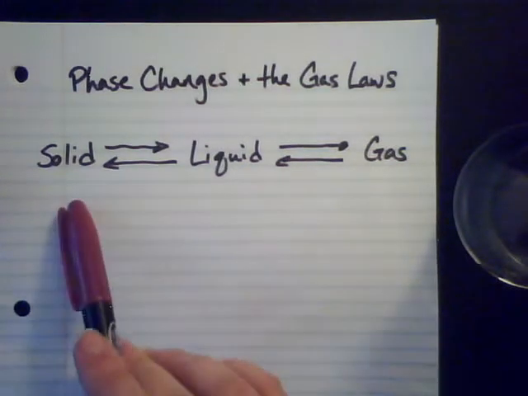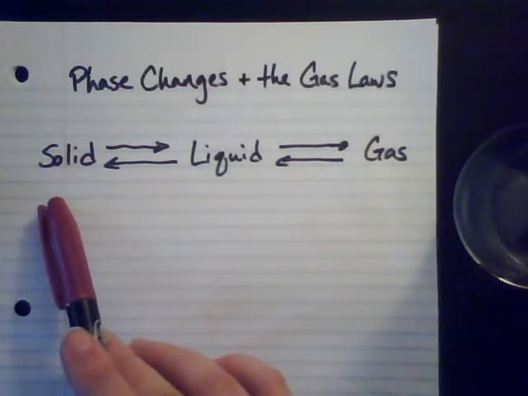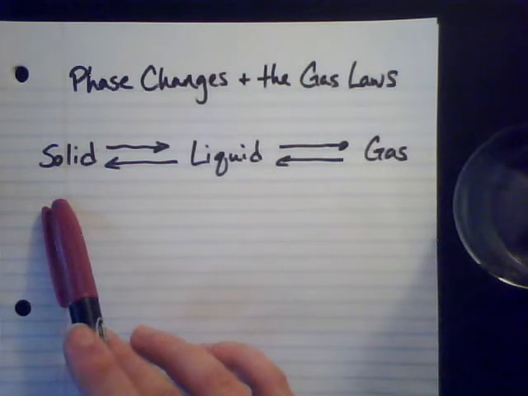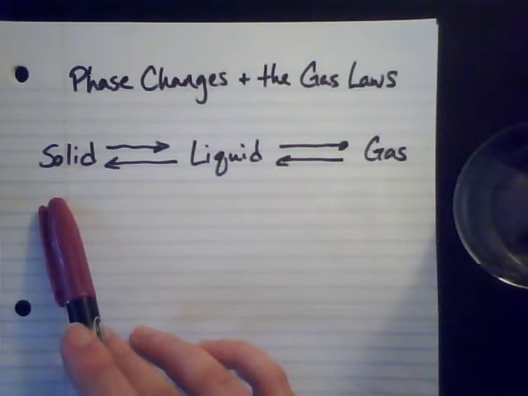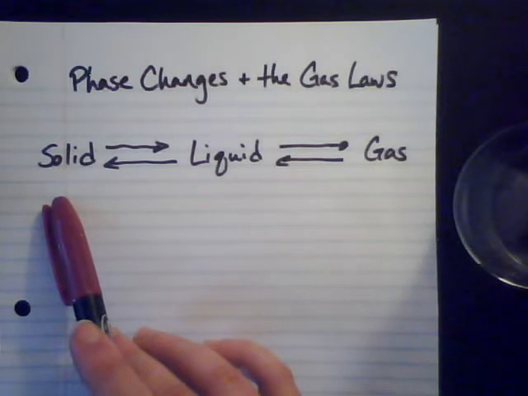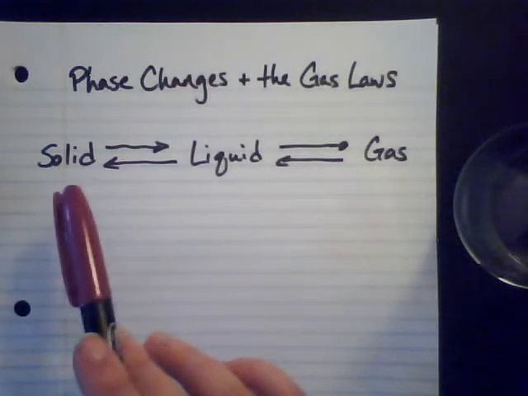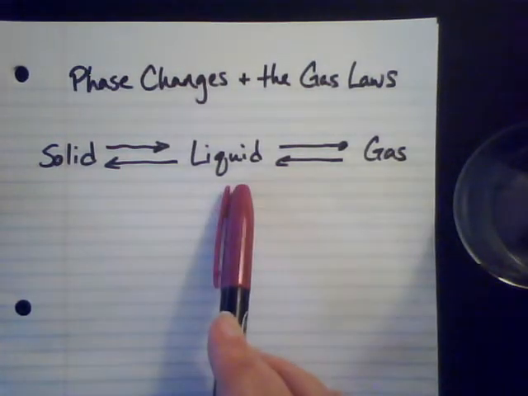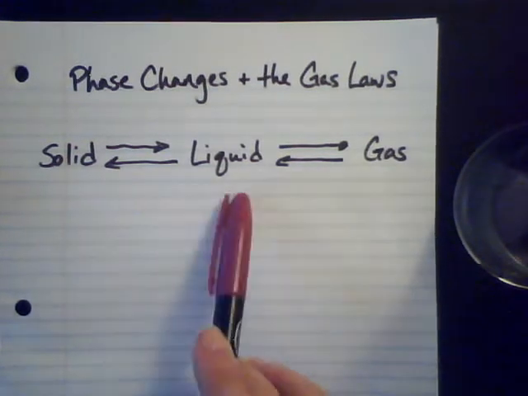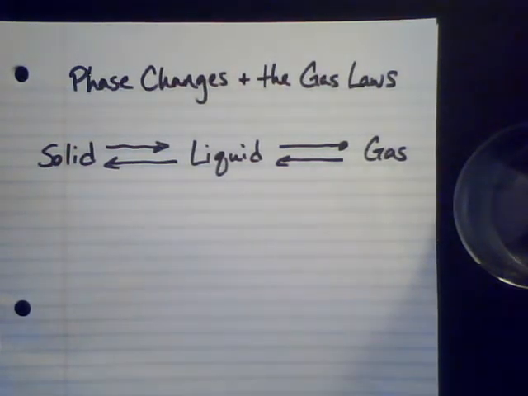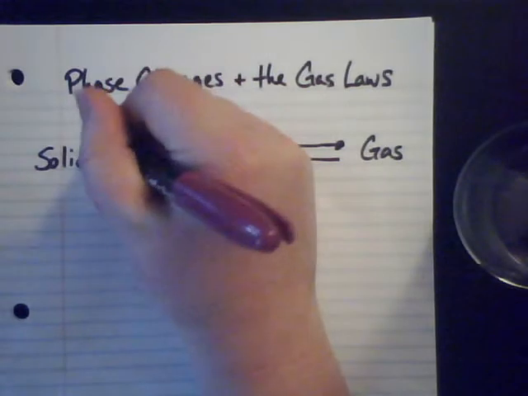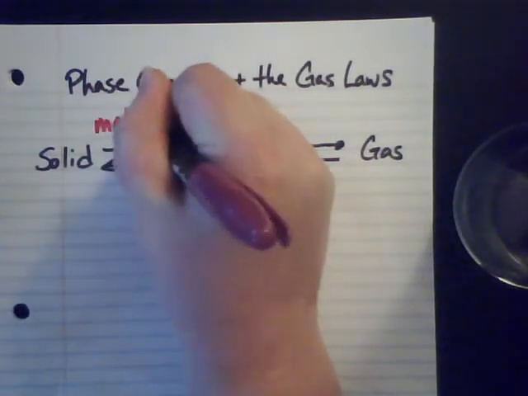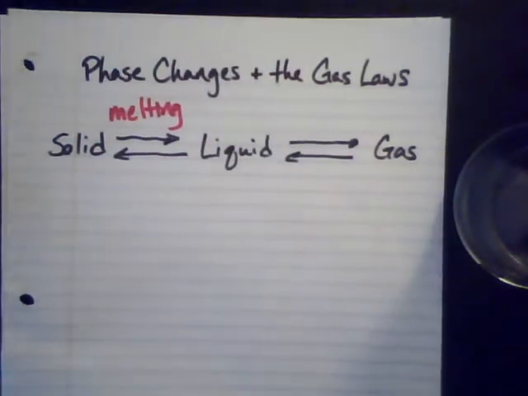So we said, for instance, that solids are relatively fixed position in terms of their particles. They have a definite shape, they have a definite volume, but if we were to increase the temperature of that solid, then those particles would start moving around a little bit more and they'd have a little bit more freedom to move around. So I'd go from a solid to a liquid. And that phase change, to give you the technical term for it, which is a term that you are comfortable and familiar with, is just melting. So a solid melts into liquid.